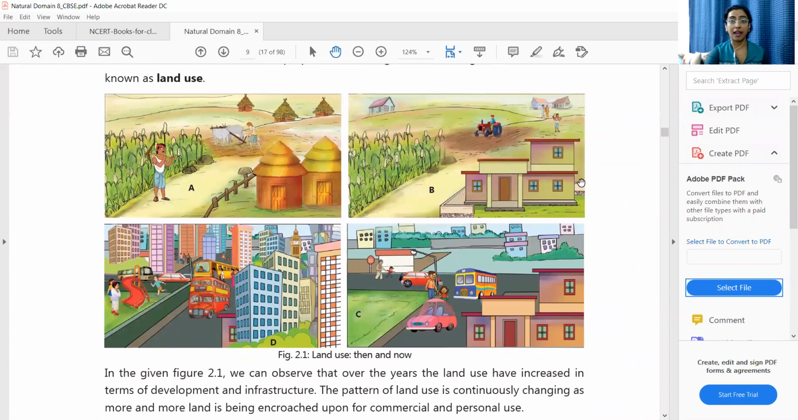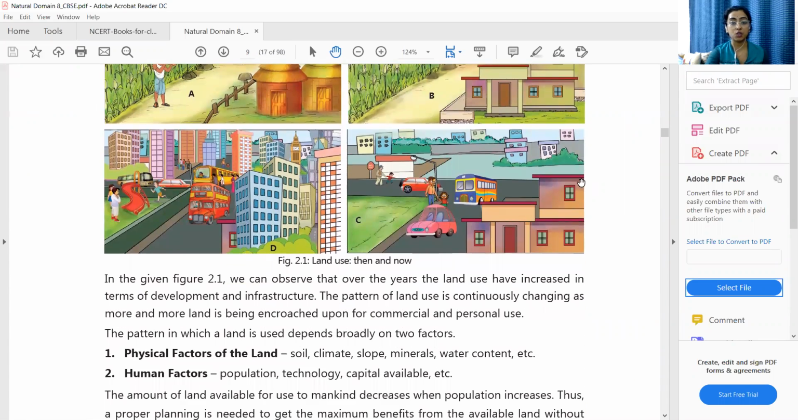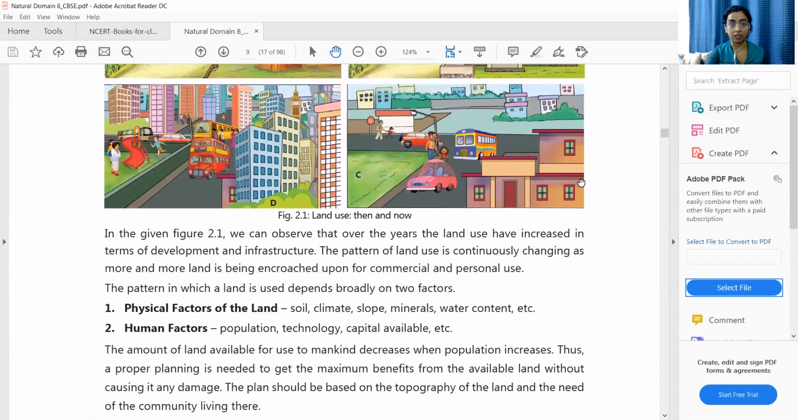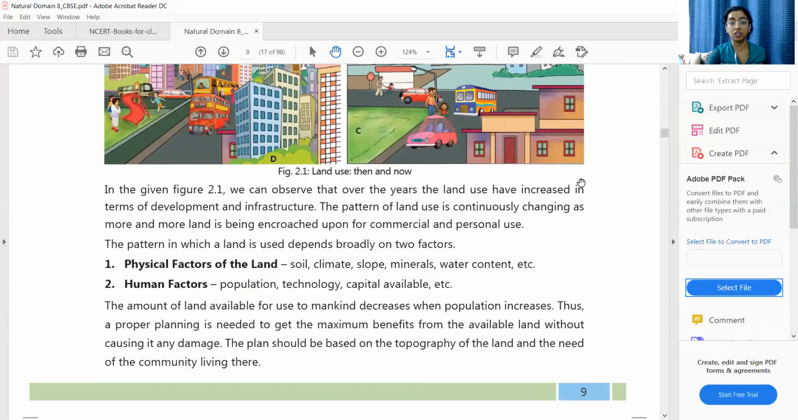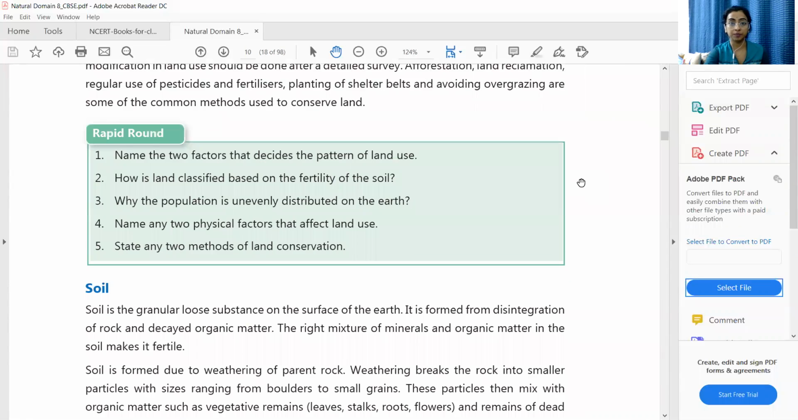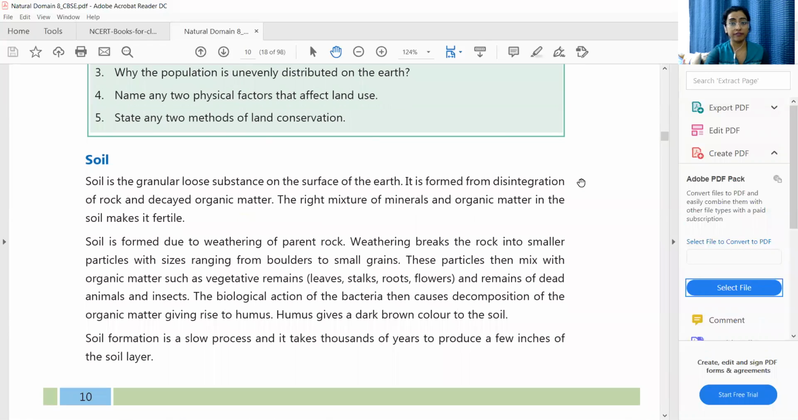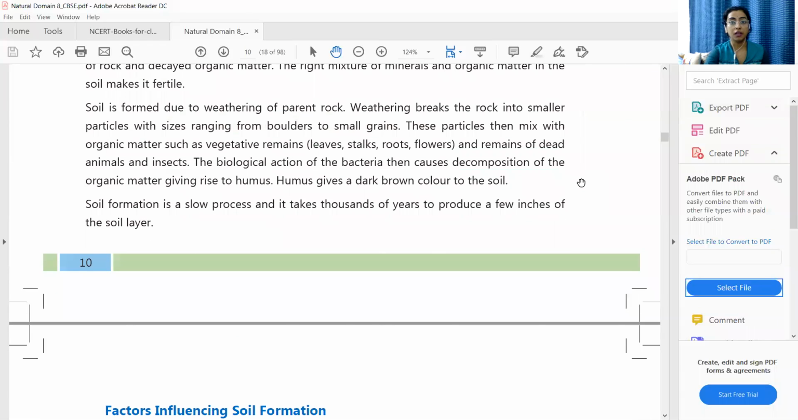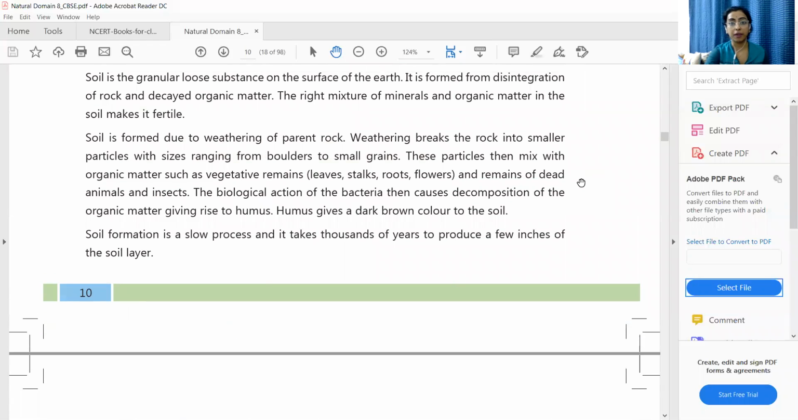And we talked about land use, how physical factors and human factors affect the land use pattern. Then we talked about land degradation and land conservation, what leads to land degradation and how can we conserve our land. Then we talked about soil formation, how soil is formed, from the breaking down of the parent rock, then